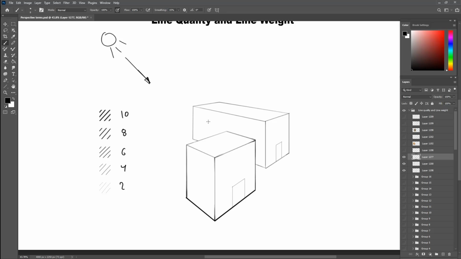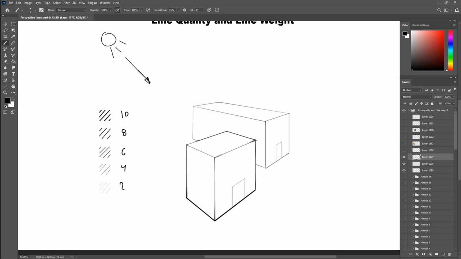Next, I will use the 6-point thickness for the shadow edges, as well as the corners and the creases. Again, only on the front building. The vertical line of the interior part of the building will start as 6 in the corners, but will taper off toward the 4 points line as it gets into the interior part.